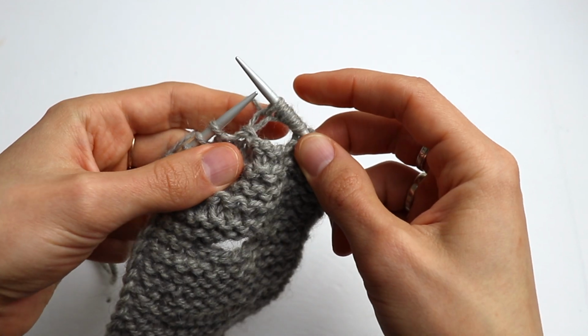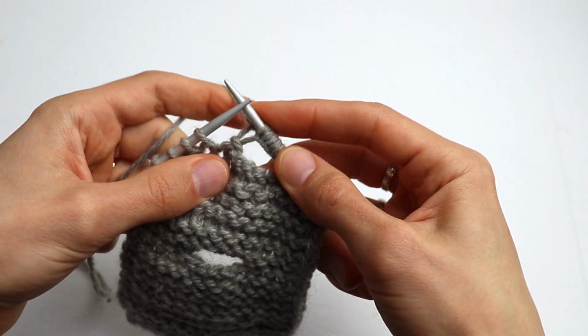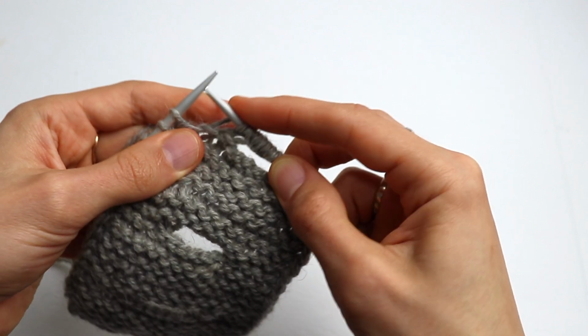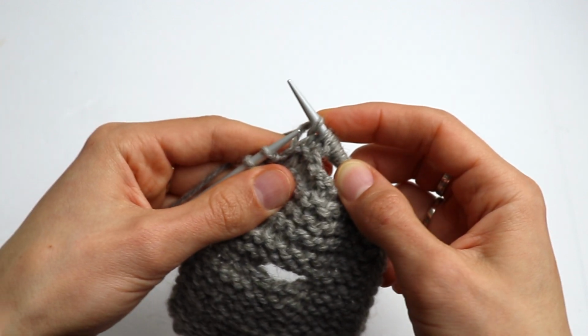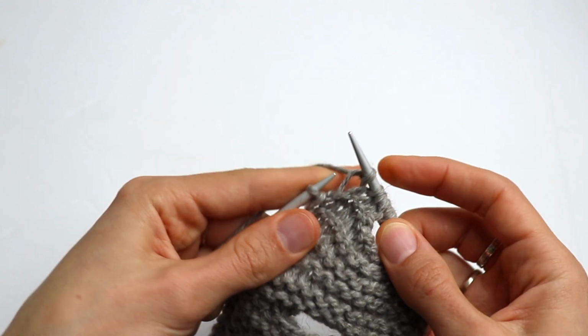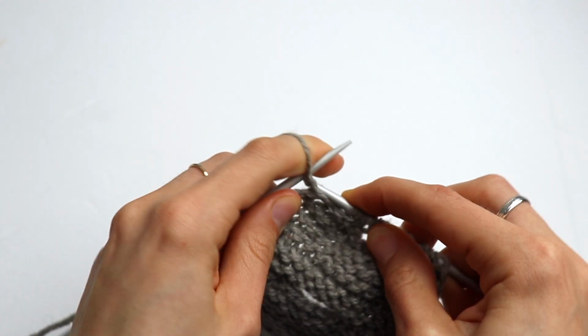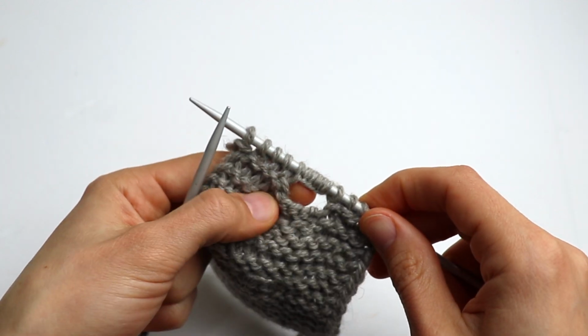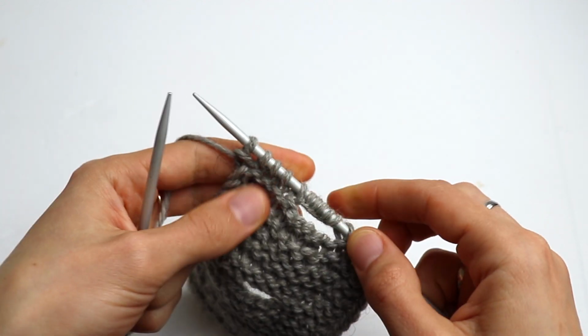So knit 4, 1, and pull tight here, please. The first stitch, 2, 3, 4, and purl the last selvage stitch. And that's what we have now. Turn,